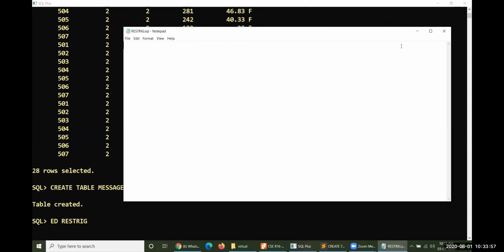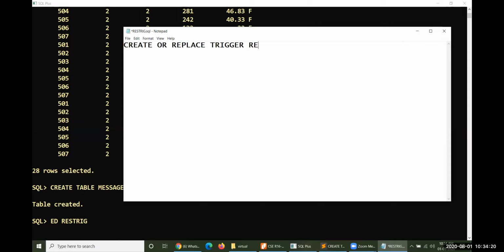Look at this: create trigger. You can also use create or replace trigger. If a trigger with the same name was available previously, it will be replaced by the trigger you wrote right now. That is the meaning of replace here.